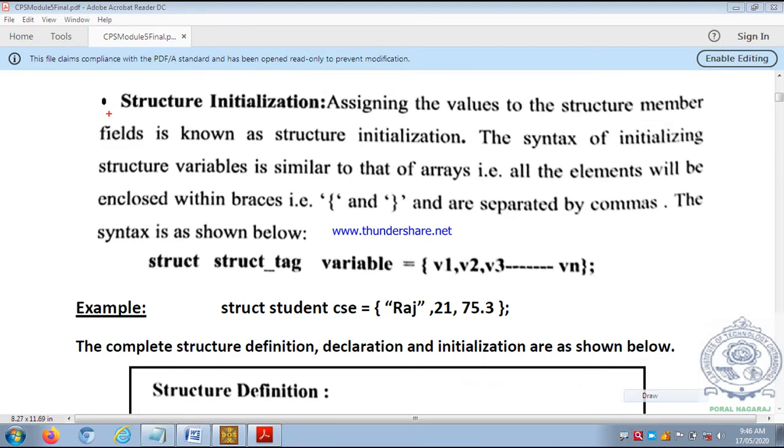Okay, so here you can observe that the structure declaration is like this: structure tag, then structure variable, assigned a value. Here you have to take this assigned value. Initialization means assigning a value. Then, similar to the way we have used before, we are going to use